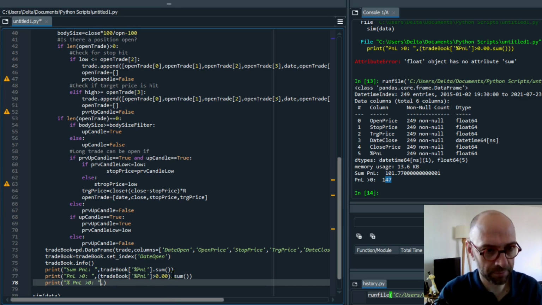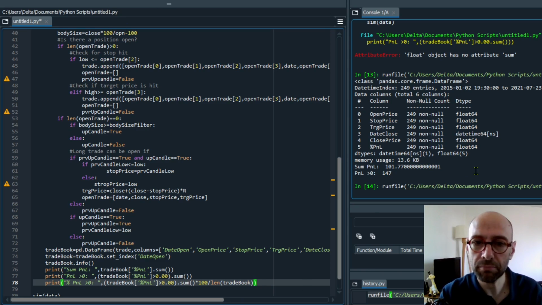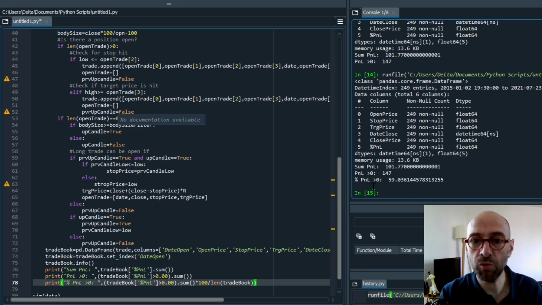Let's copy that, multiplied by 100, divided by the total number of trades, which will be the length of the trade book, which we know is 249. Right, there you go. And let's run this. And there we go. We can see that 59% of our trades